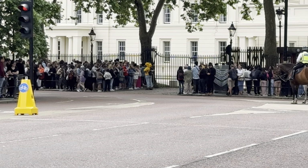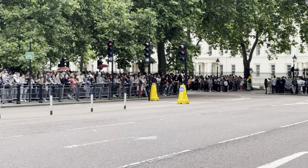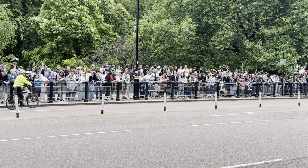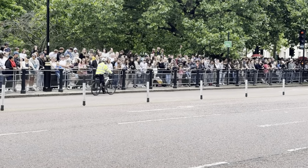So we're going to get an excellent view of the guards marching past us. We will then see the relief of Clarence House. And they'll be right here any moment soon. Back up to Hyde Park, which happens at about 11:30 they start, and then the guards